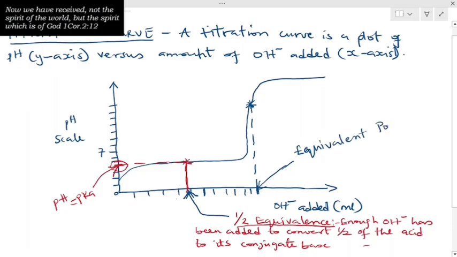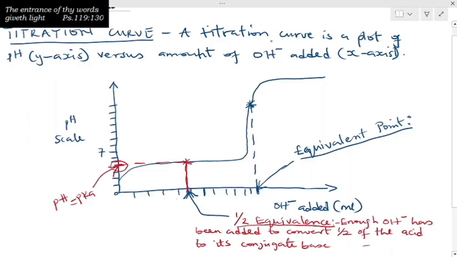So this equivalence point is when just enough